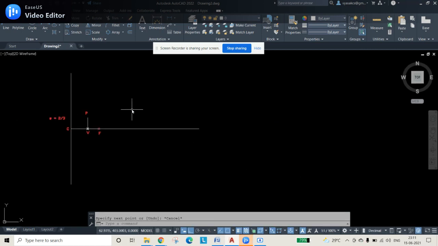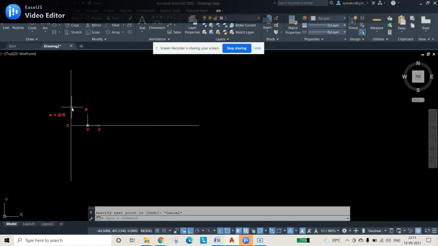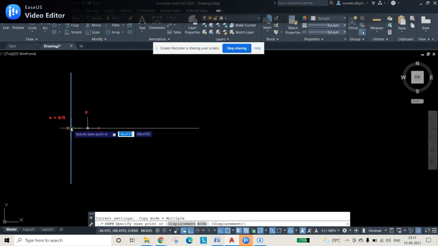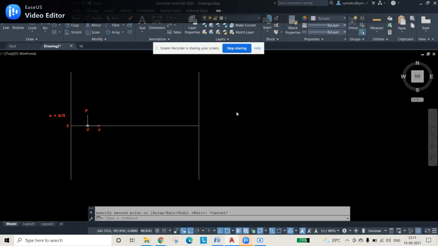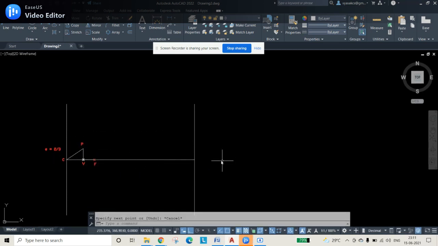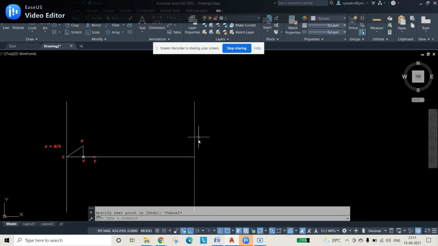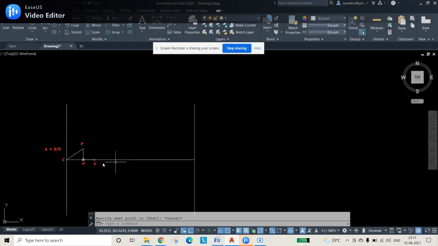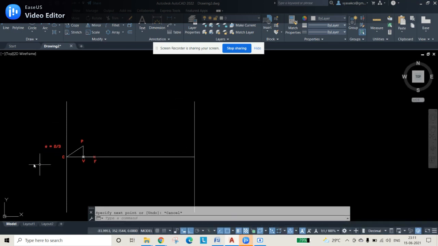What I will do is that I will draw this particular offset. I'll copy this line, that is copy this first directrix whatever is there, and I'll keep it somewhere at this end point like this. Now I'll join C with P. Then I'll extend CP up to this line. You can extend up to whatever it is possible.